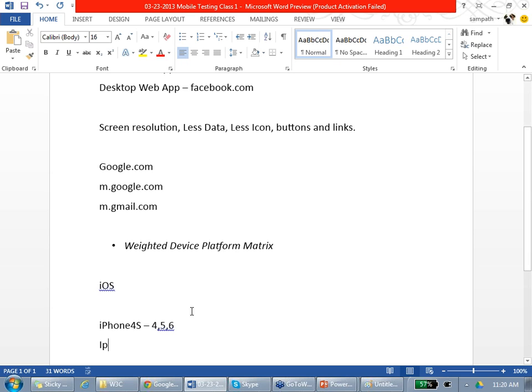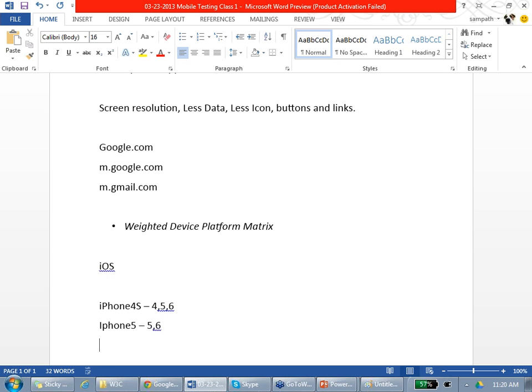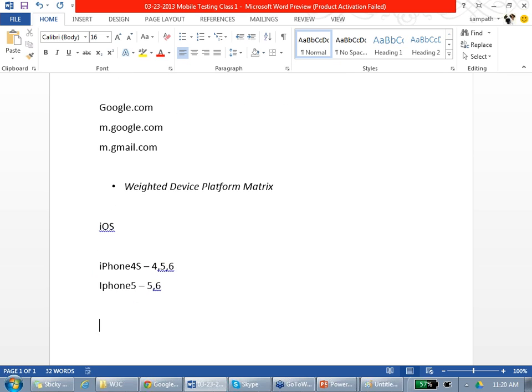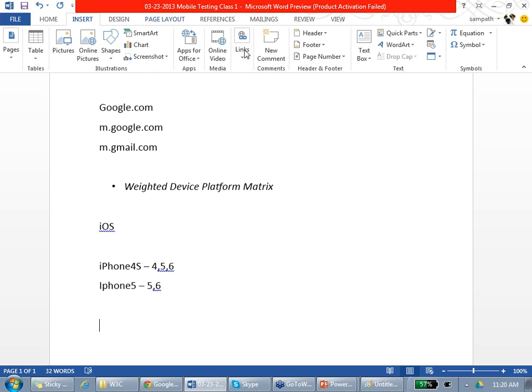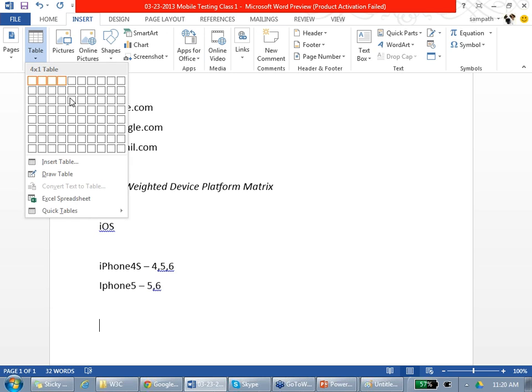You have to test iPhone 5 with version 5 and version 6. Do you see this? And iPhone 3, many people are still using iPhone 3, iPhone 2 also. You have to test everything. So there is a matrix of how many devices and how many versions of the app. Agreed? That is called a matrix. So you will create a matrix. I will give you a simple example, like the requirement traceability matrix. Just like that, you will make a matrix here.